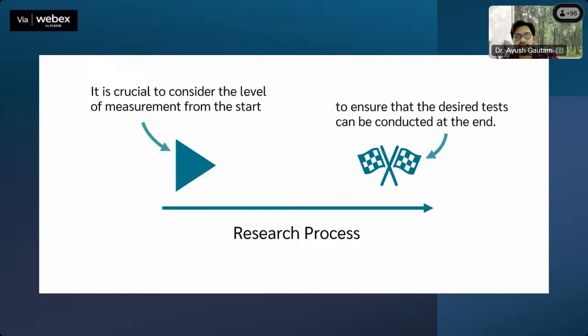But we collect the data at the start. So maybe today I am collecting the data, based on which I will generate some results next month. But what result I would like to generate next month, I need to classify that today only, because based on those required results, I have to decide what kind of data I will collect today. That's why understanding the data is very important. Whatever result we are expecting in the future depends on the data that we are collecting today.